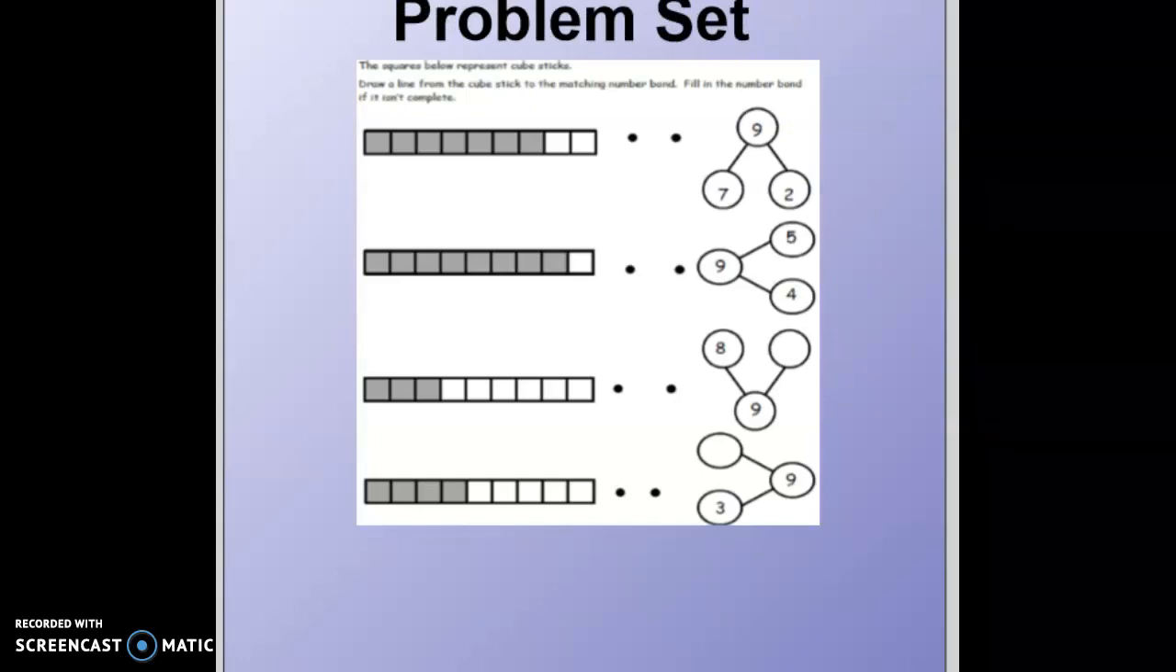All right, guys, you did an amazing job, and I can't wait to see if you did those addition and subtraction challenges along the way. Here is your problem set for the day. You are going to draw a line from the cube stick to the matching number bond. I cannot wait to see what you guys have done,